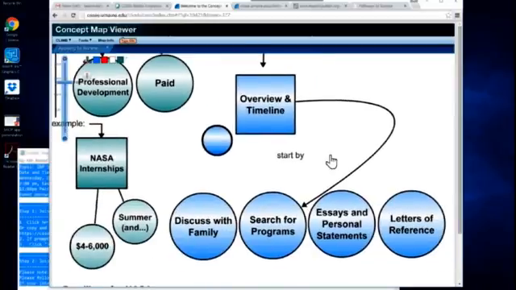We also have some other resources related to a few different topics that come up often as students are applying. One of them is discussing the importance of summer research with your family. This handout, again, you can get to by clicking on the little icon. It's helpful because sometimes it can be challenging to explain to your family why you really want to leave home for the summer